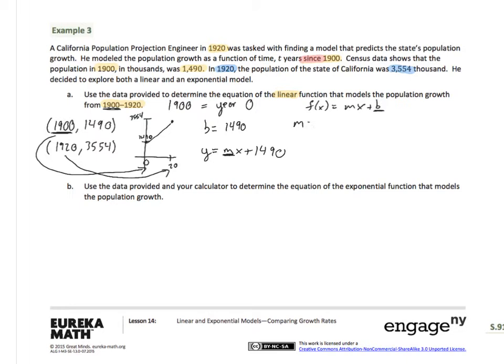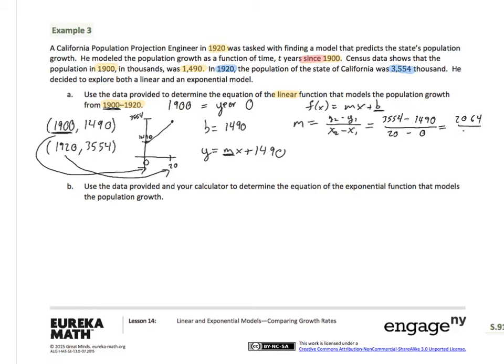That's just y2 minus y1 over x2 minus x1, which is equal to the y value of my second point, 3554, minus the y value of my first one, 1490, over my x values, 1920 and 1900, or in other words, 20 minus 0. And 3554 minus 1490 will give me